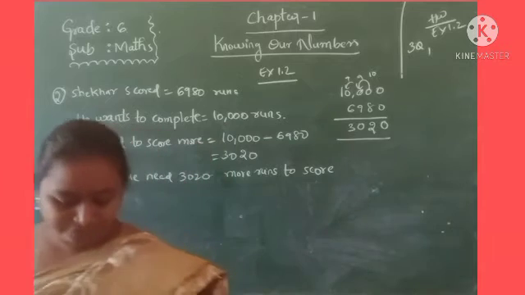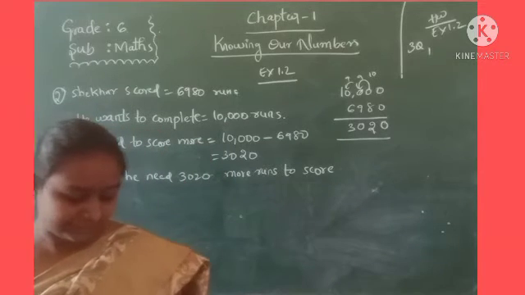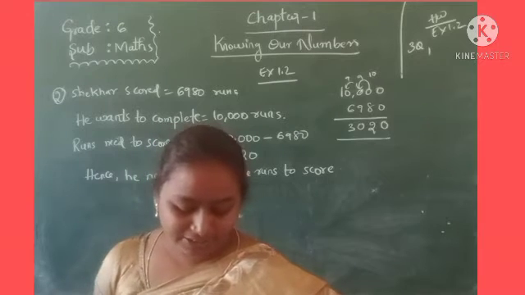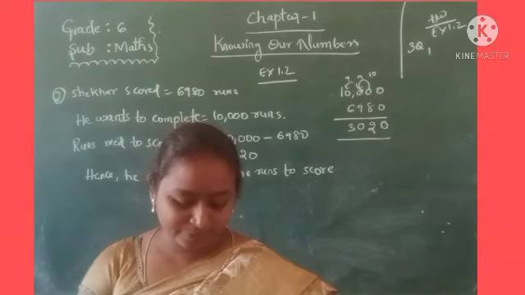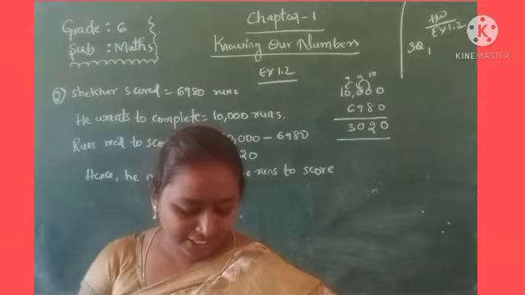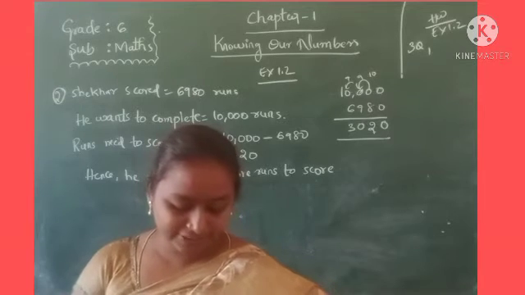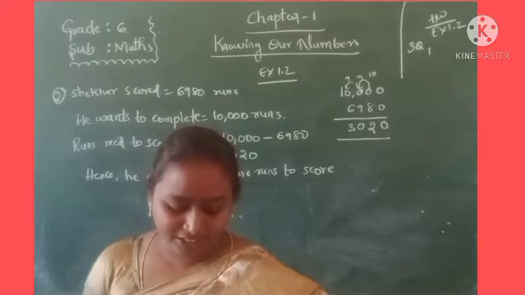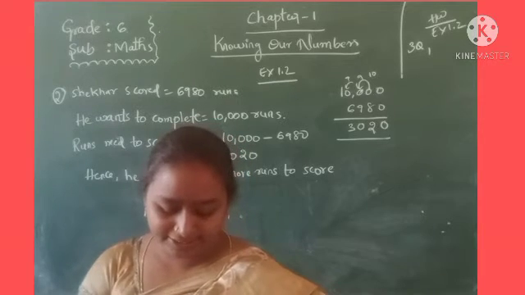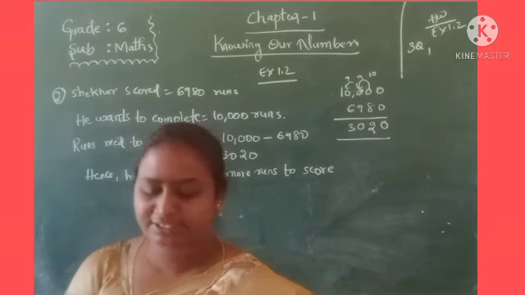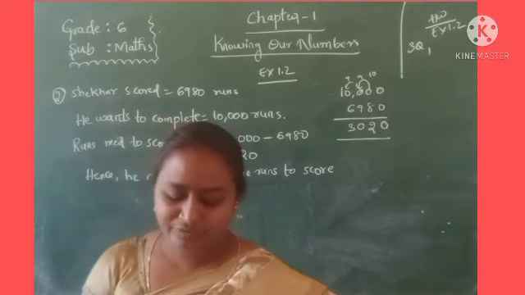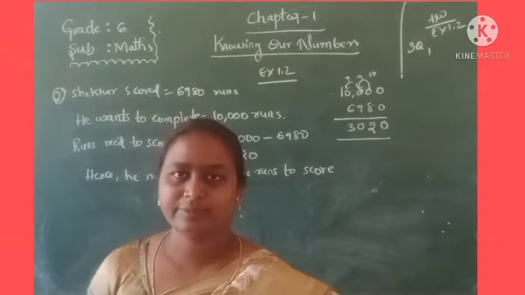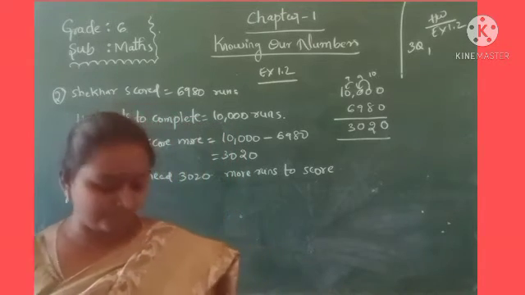Okay, come to the fourth question. Kriti bookstore sold books worth 2,85,891 rupees in the first week of June and books worth 4,768 rupees in the second week of the month. How much was the sale for the 2 weeks together? In which week was the sale greater and by how much?